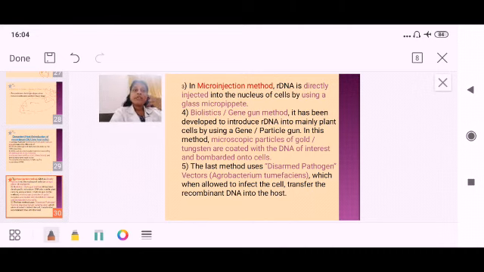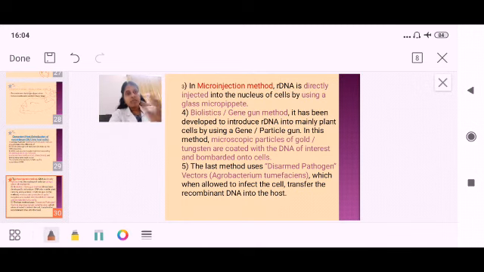Next physical method is the biolistic or gene gun method. Two physical methods. So biolistic or gene gun method means here I am going to use a gun. For shooting we use a gun. Here also I am going to use rDNA as a bullet. So I have taken one bullet, that is rDNA. I have coated this rDNA with some particles called tungsten or gold, and this coated rDNA is kept in the gun.